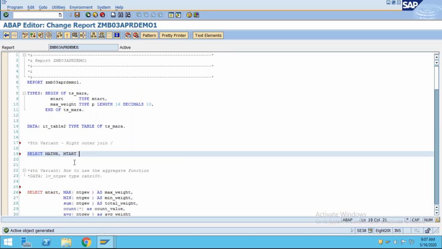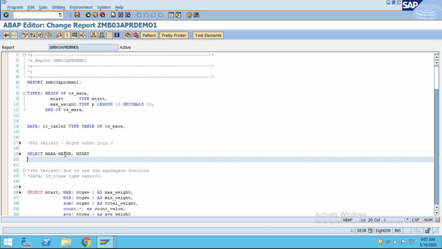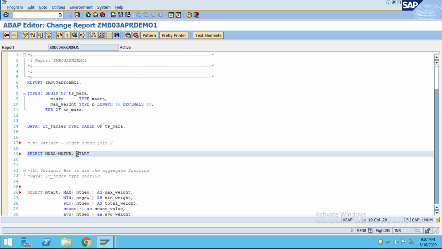So material and MTART, I'm going to select from which table? I'm going to select from the MARA table. So you can use MARA and this tilde sign, just to tell that you are going to fetch the material from the MARA table. Similarly, the material type you are going to fetch from the MARA table. Now let's take the data from the MARC table. From the MARC table you are going to fetch the WERKS. Okay,